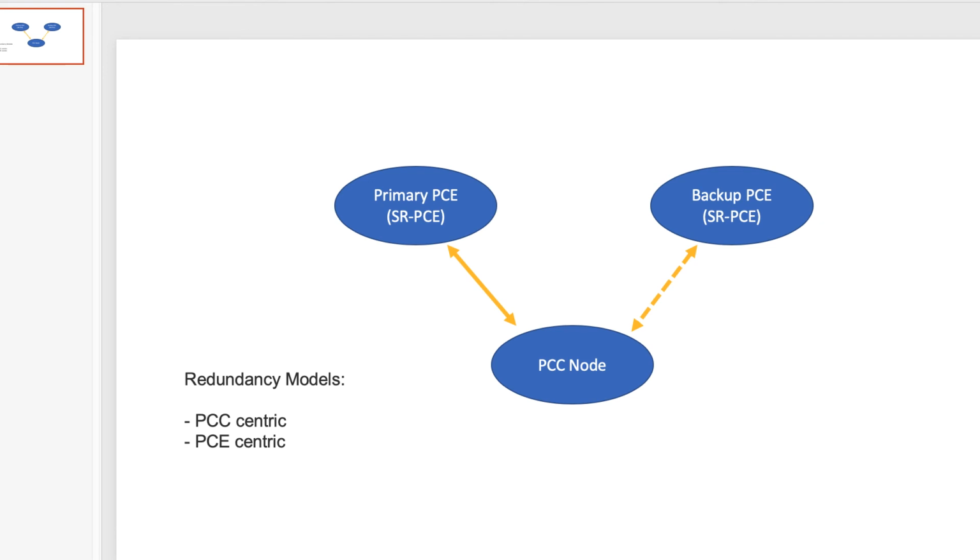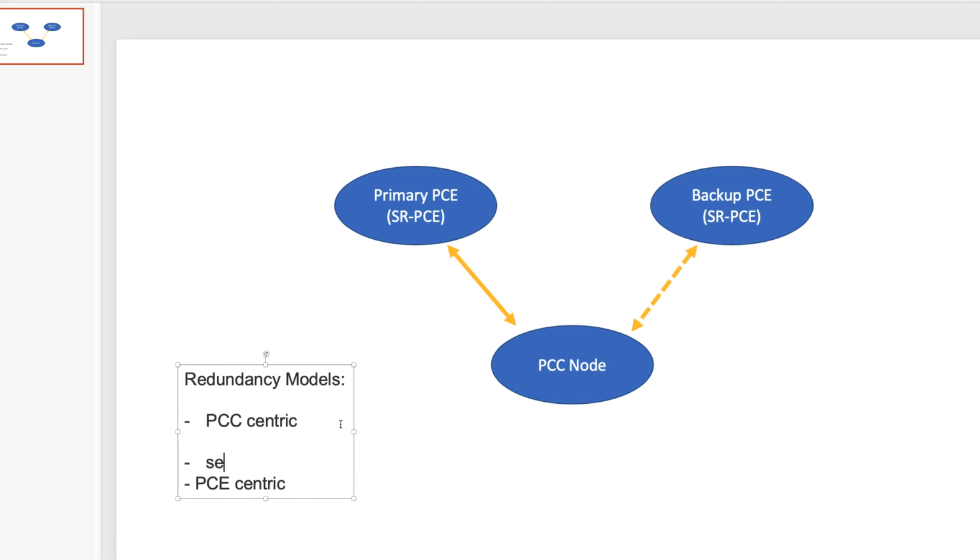And that is the reason we suggest, or when I say we suggest, the Cisco documentation, if you read about these things, the recommended mode for your PCC is PCC centric. And when I say PCC centric, the configuration is pretty simple.